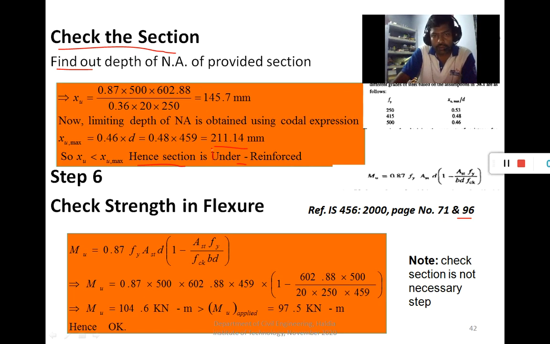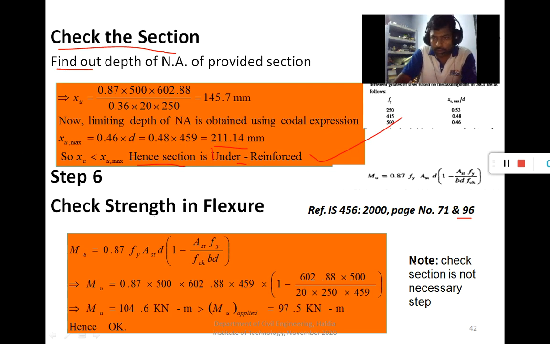But in an under reinforced section, as the steel fails first, ductile failure will occur. As per code, the design member should fail in a ductile way. So to ensure ductile failure, you have to provide an under reinforced section.